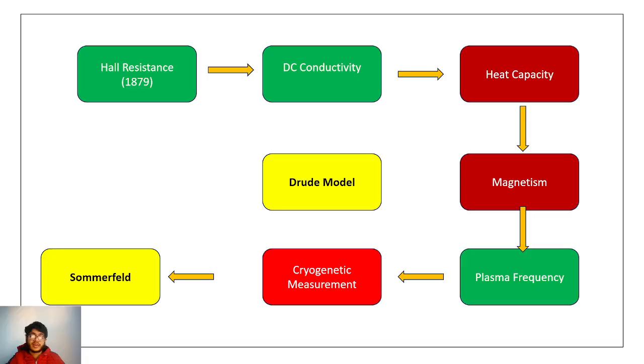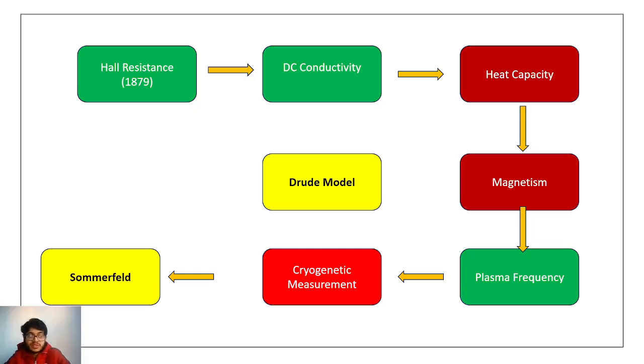It was thought that the Drude model is pretty much okay, but there are some minor corrections needed because it breaks in the case of heat capacity. But what Sommerfeld discovered was far more serious, that the Drude model's underlying distribution of velocity itself was wrong, and that's why we were getting such absurd answers, but some answers were cancelling out. So in the next class, we are going to talk more about the Sommerfeld model and how it's fundamentally different from today's model.